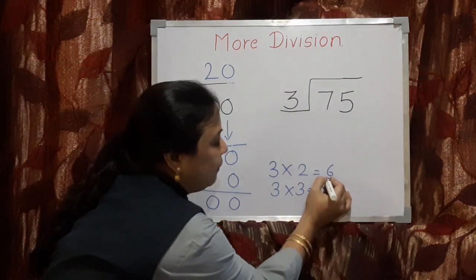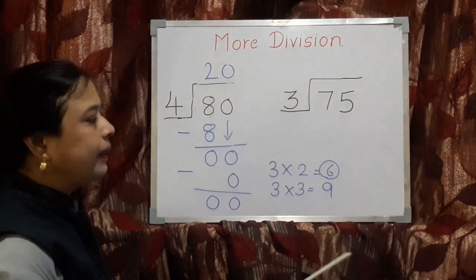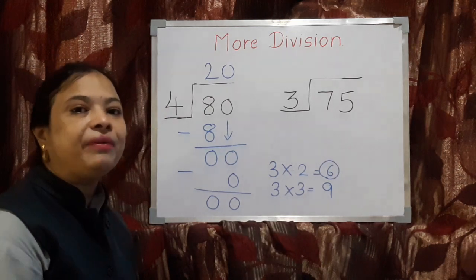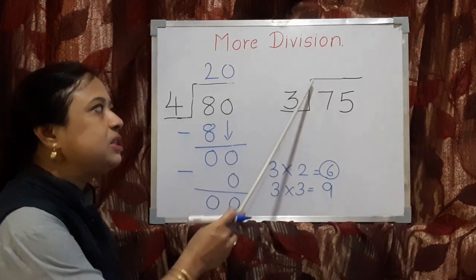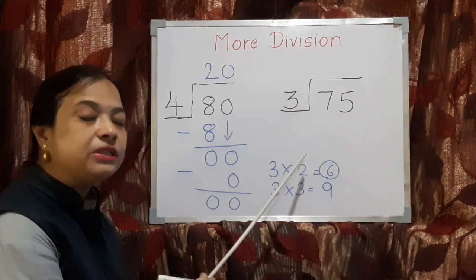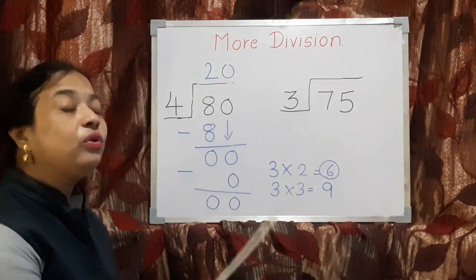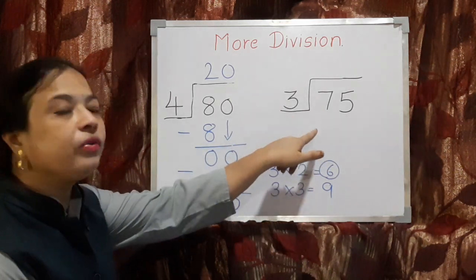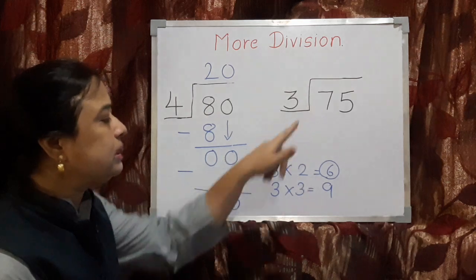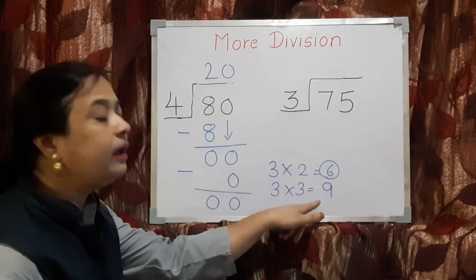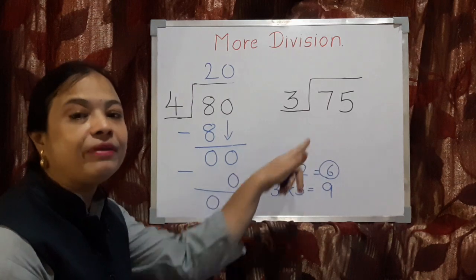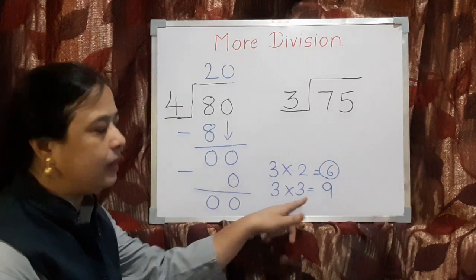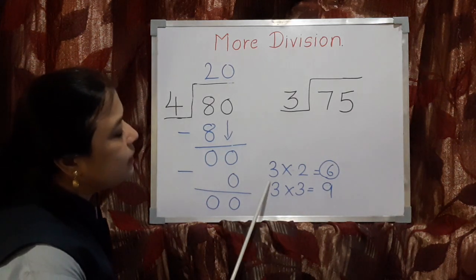We will take the smaller number. We will not take 9. We will take 6 in our division sum, because in a subtraction sum the number which is above is always big and the number which is below is always small. Then only we can do the subtraction. Subtraction के सम में ऊपर का नंबर हमेशा बड़ा होता है और नीचे का नंबर छोटा होता है, तो इसीलिए हमको छोटा ही नंबर यहाँ पे लेना है. 9 अगर हम लेंगे तो क्या होगा, 7 में से 9 हम लोग सब्ट्रैक्ट नहीं कर सकते, तो 6 हम लेंगे, 9 नहीं लेंगे.